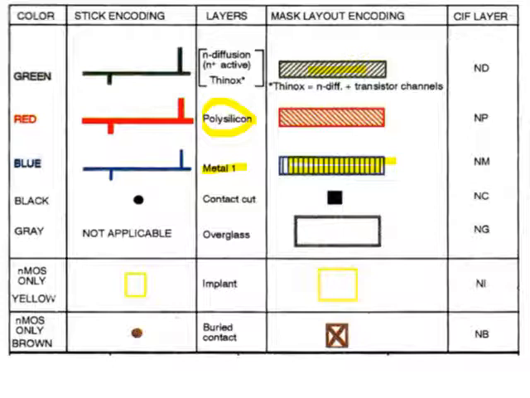So these are different color codes or color conventions for different types of layers. Basically, preferably we use only these types of layers, that is polysilicon, metal, p diffusion and n diffusion. Also we use buried contact and implant also, and contact cut. I'll brief about all these things in coming slides.